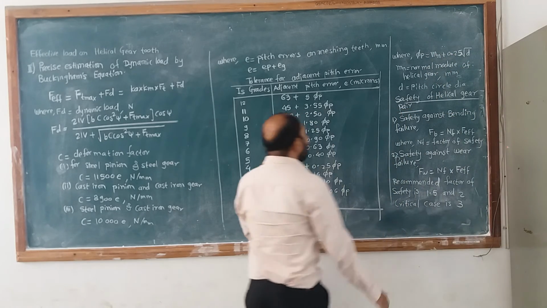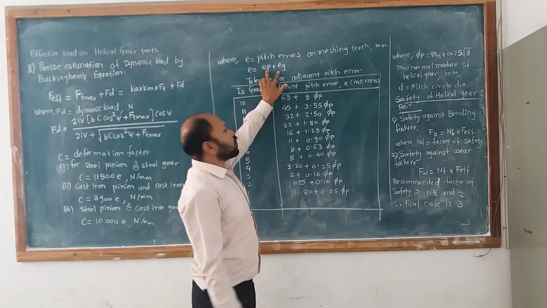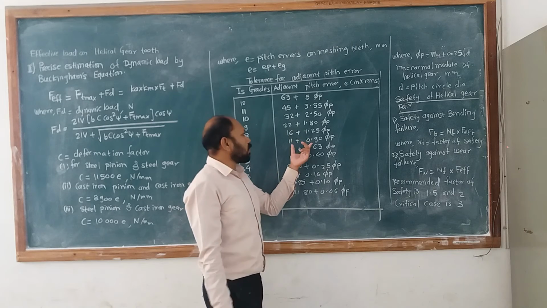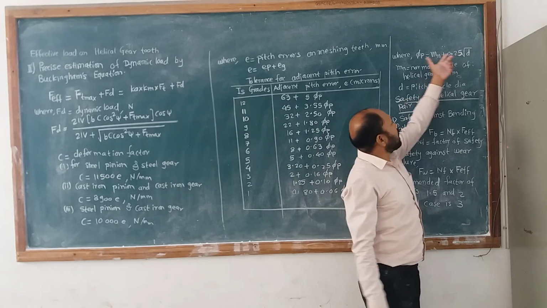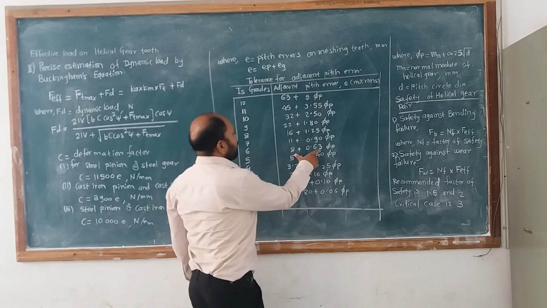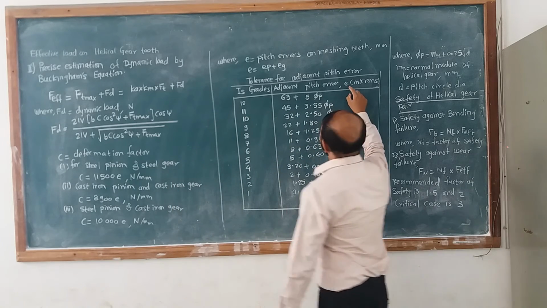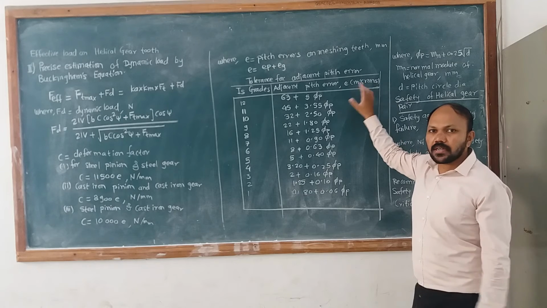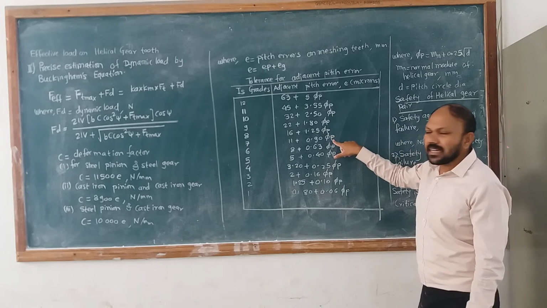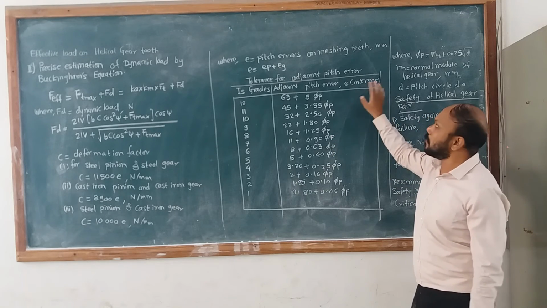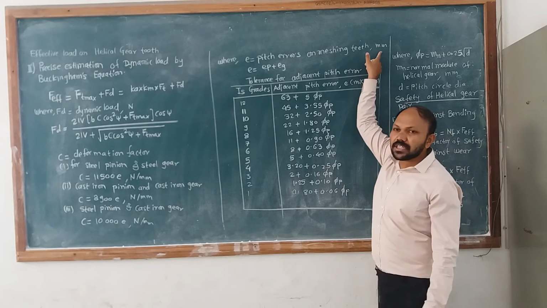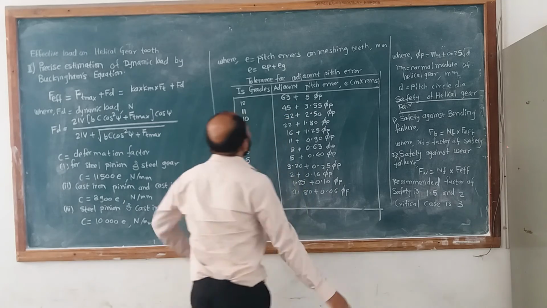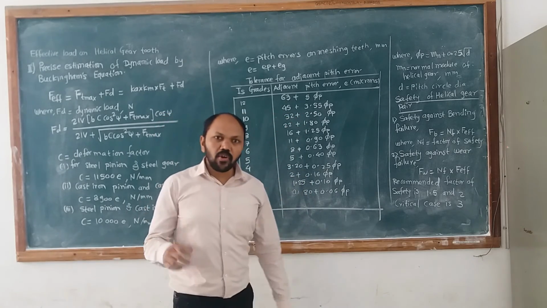Why do we want this phi P and phi G? Because we want both the values of pitch error, that is EP and EG. So for the EP calculation, you substitute here DP, find out this phi P, substitute here. By using this formula you get the EP value in terms of microns. Here the unit is very important. From this table, if we use this formula directly you get microns, but here you want to calculate the E value in terms of mm, millimeter. So convert this micron into millimeter.